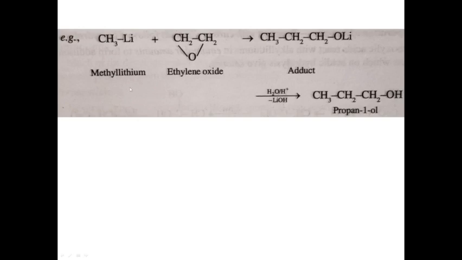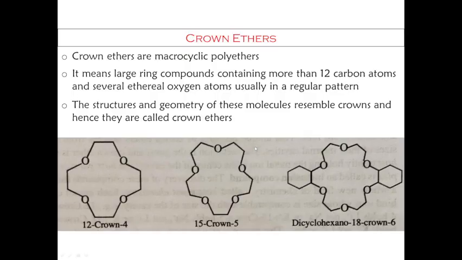And if we take an example of methyl lithium CH3Li, so here CH3 minus is attacking the carbon atom of the epoxide, and then this will become O minus, it will pick up the lithium plus, and then we get the adduct CH3 CH2 CH2 O Li. Okay, CH3 CH2 CH2 O Li is an adduct. On hydrolysis, we get a primary alcohol. So that's all about epoxides.